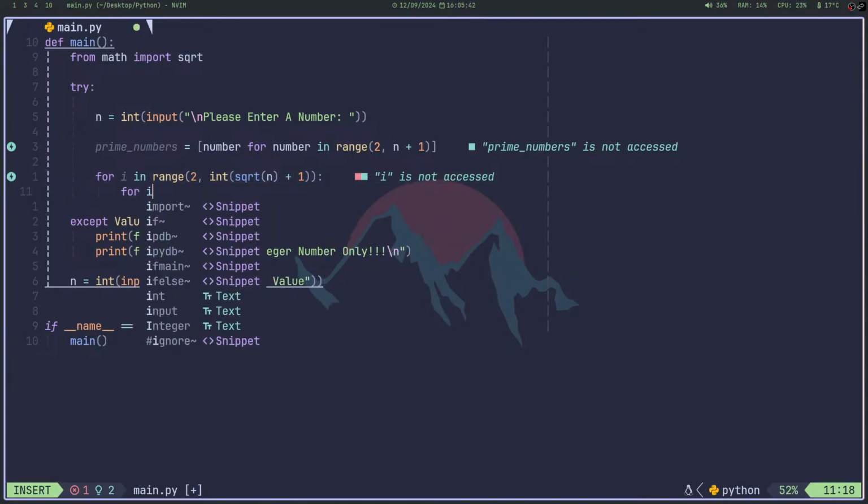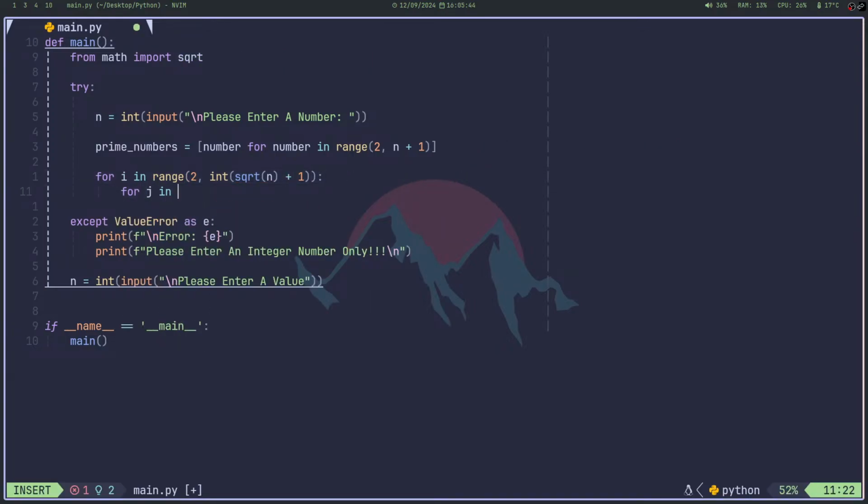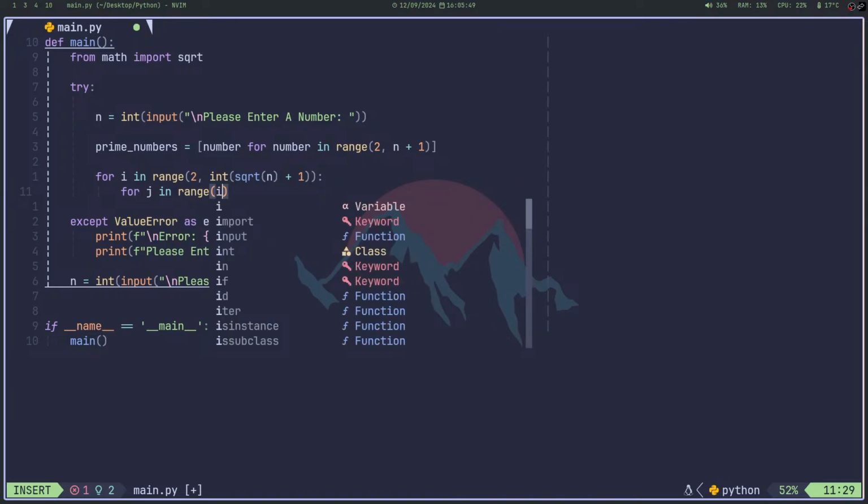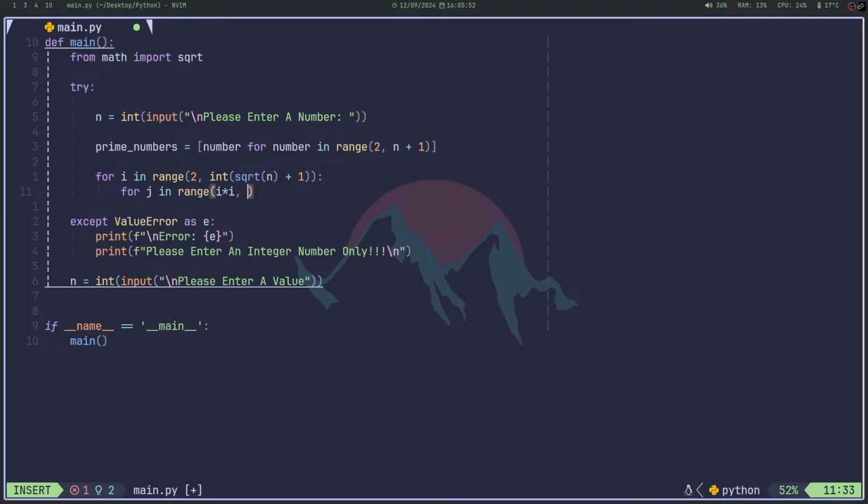and then this for i, for j in range of i times i to n plus 1, because the range of the whole array, not the range of the whole array. Yeah, the range of the whole array, because we're only checking the numbers from 2. Okay, I will explain the Sieve of Eratosthenes after I do this. So, then i,